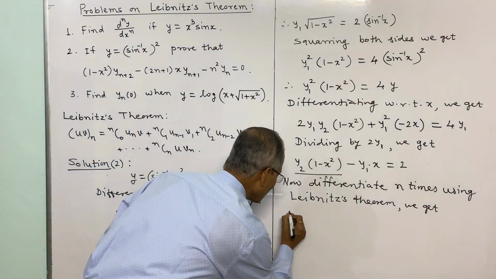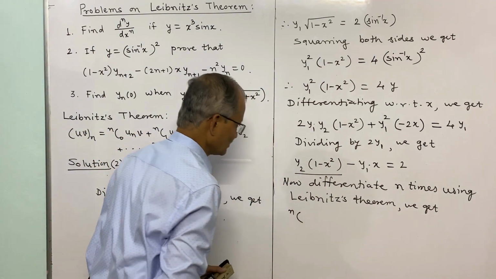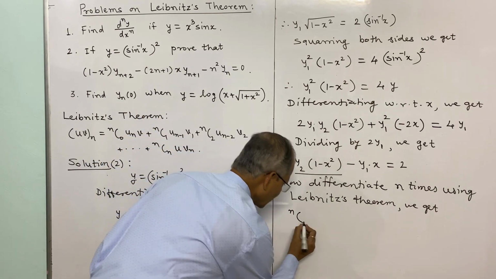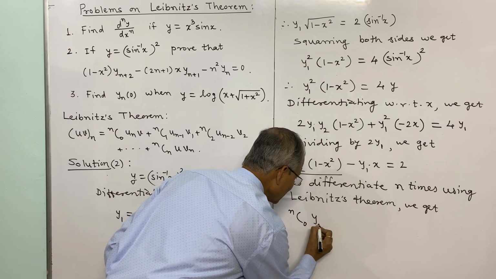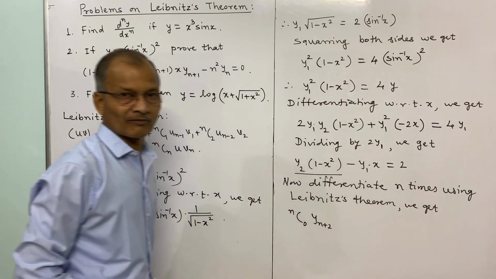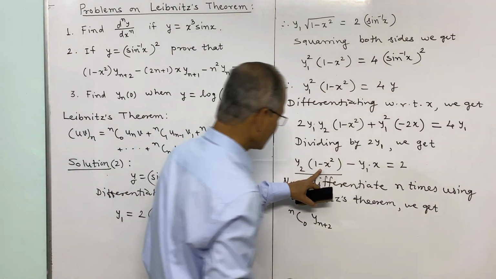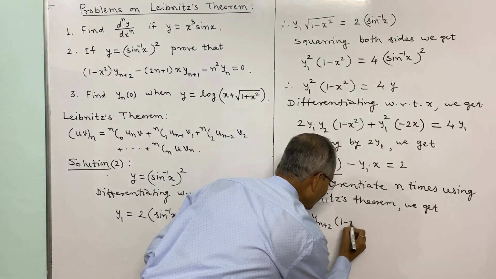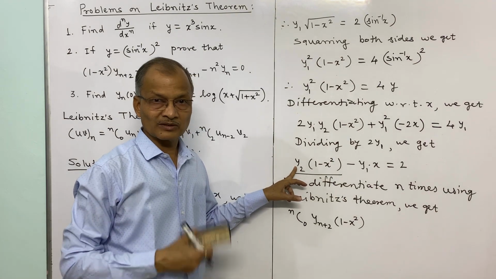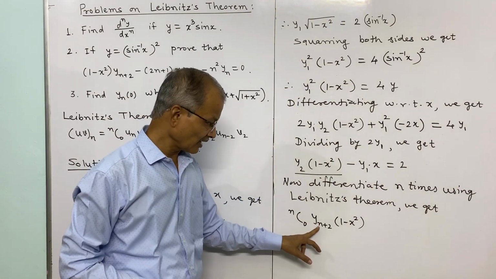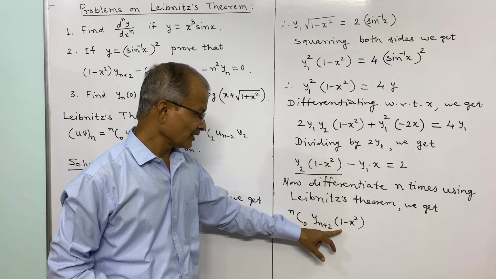So that will be n choose 0, the first binomial coefficient, and the nth derivative of y2, that is the n plus second derivative of y, and this as it is, 1 minus x square. Note this: the nth derivative of y2 means n plus 2 total derivative, and second function as it is, plus